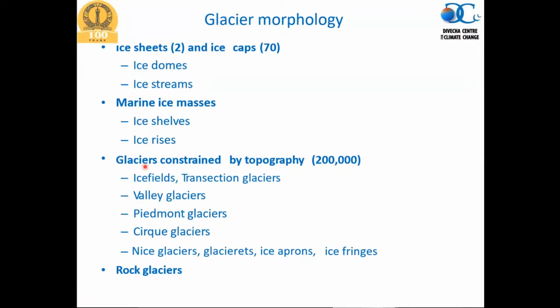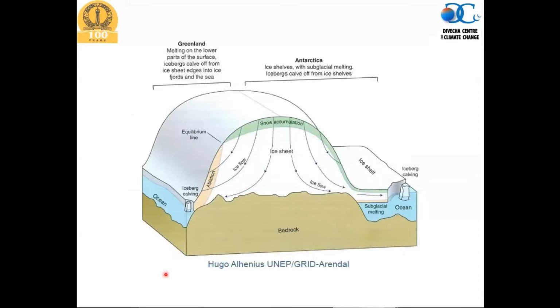And then there are glaciers, which are constrained by topography. There are almost 2 lakh glaciers, mountain glaciers or glaciers constrained by topography, globally. I am not sure this is the correct number, but this is generally floating around. And you have ice fields, transection glacier, valley glacier, Piedmont glacier, cirque glacier, niche glacier, ice apron, ice fringes, and rock glacier. We will look into this issue